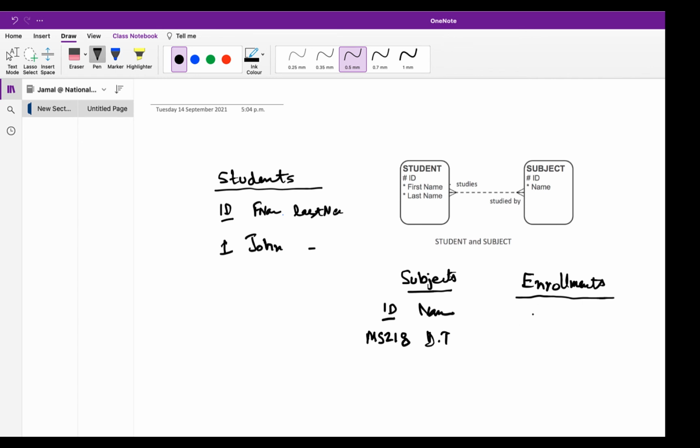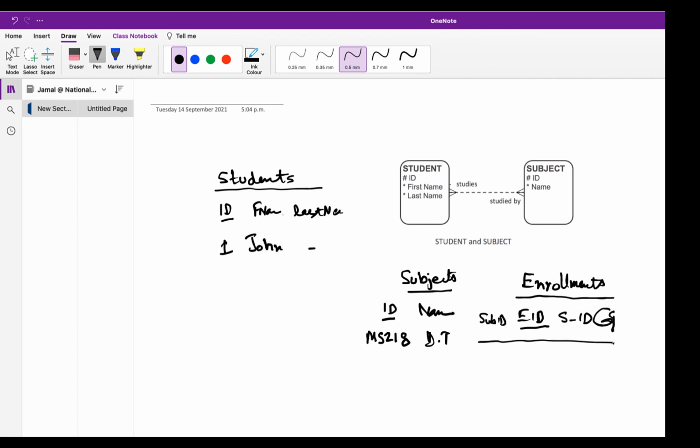So obviously we can say that some enrollment ID is the primary key of this, and then student ID, and then subject ID, and let's suppose this is grade.